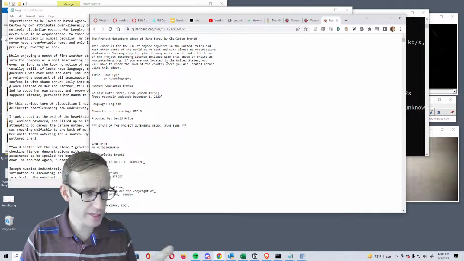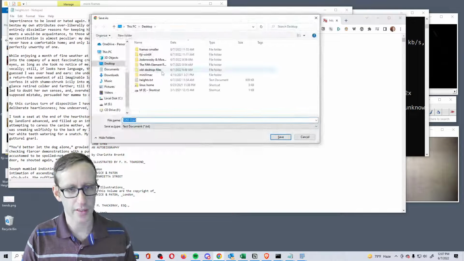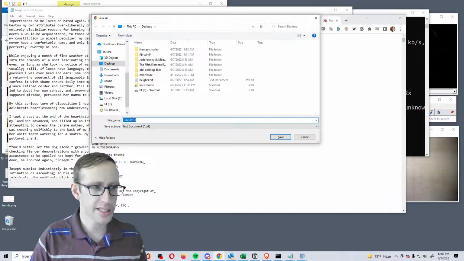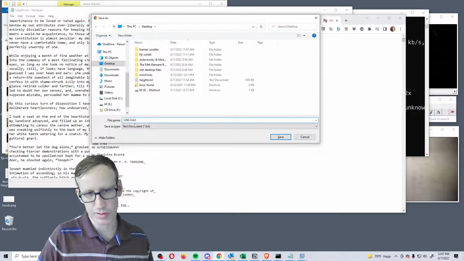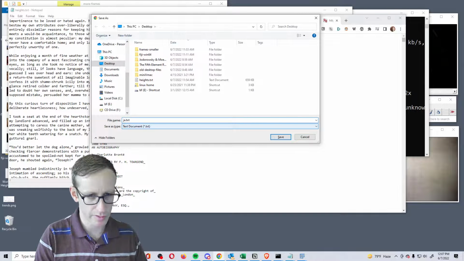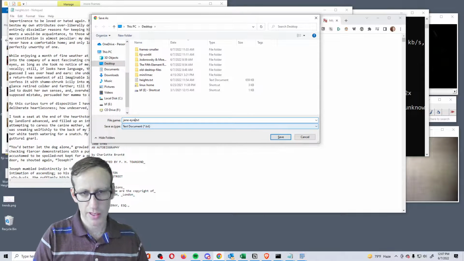So I need to save this file. I can right-click Save As, or I can just do Control-S to save this file now to my computer. I'll put this on my desktop, but notice that it's a number, so it's 1260-0, but I don't want to have to remember that, so I'm going to rename it as I download it. So it's Jane-Eyre, Jane Eyre.txt,